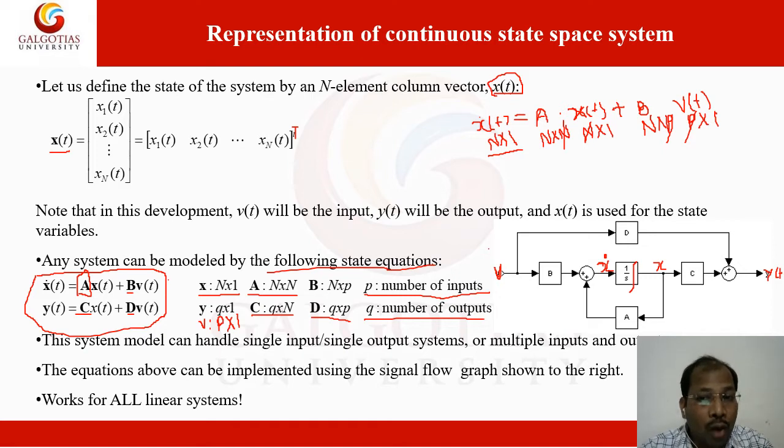So we have to add or subtract or multiply, so we have to check the proper rows and columns. Based on matrix arithmetic operations, we have to apply here. So this is all about the system. This works for all linear systems. So this is the linearized system, and we are here talking about the linear system.